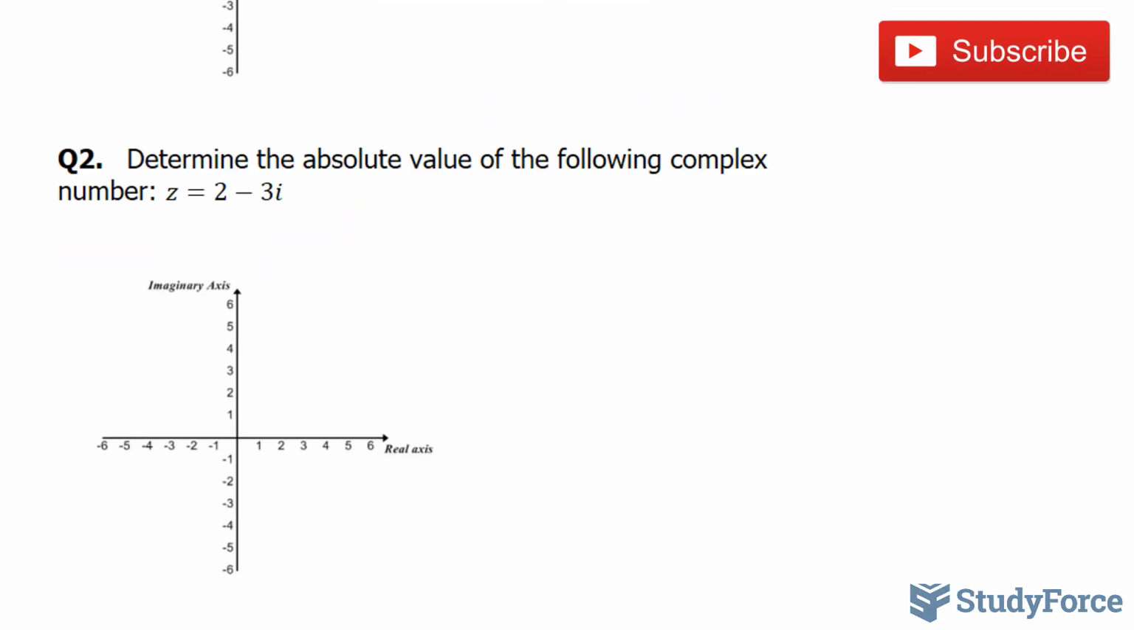Moving on to question number 2, determine the absolute value of the following complex number. This time we have 2 minus 3 times i. We go up 2 and over to the left 3. So to find the distance from here to here, calling this point z,